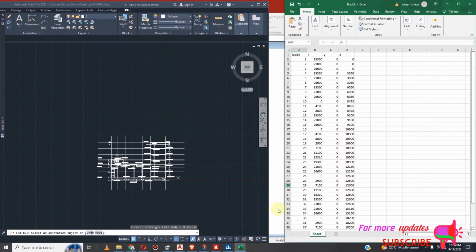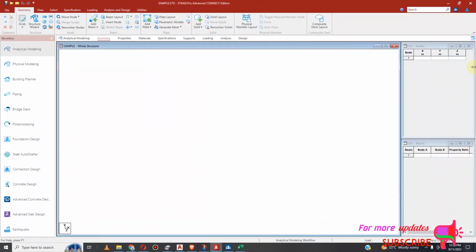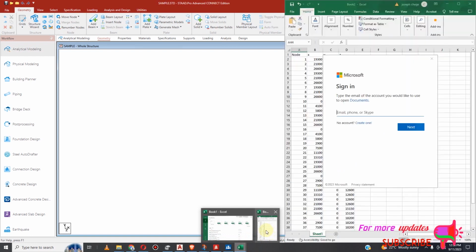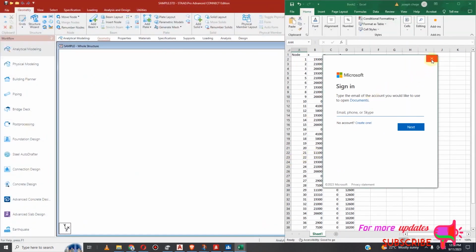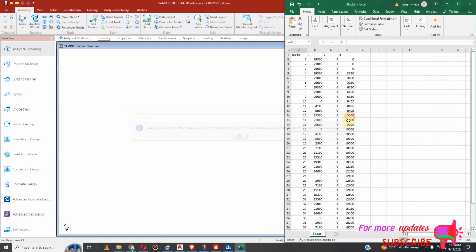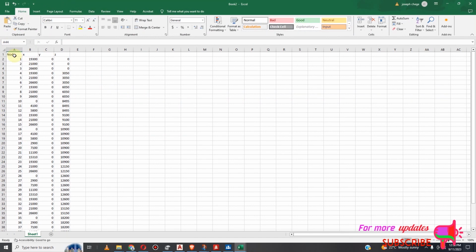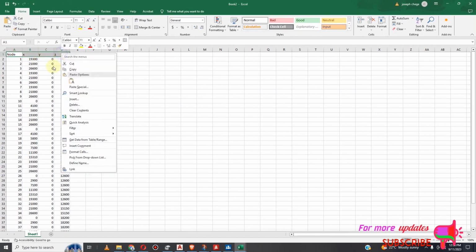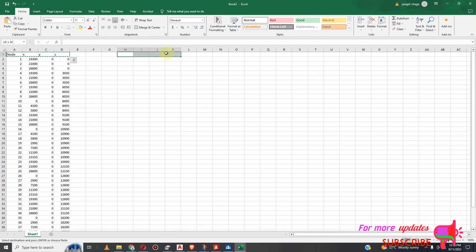Now the other thing, if you come here, you can see our X, Y, and Z are in meters. Okay, they are in meters, and we have provided here in millimeters. So don't forget that. So just come, copy everything, paste,